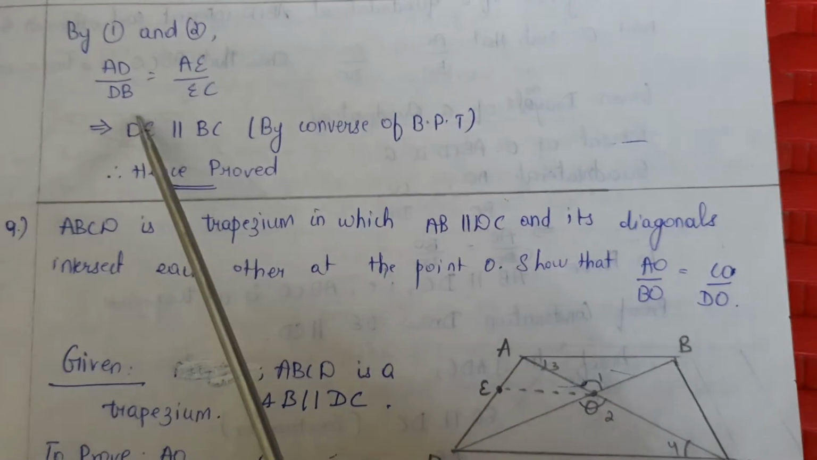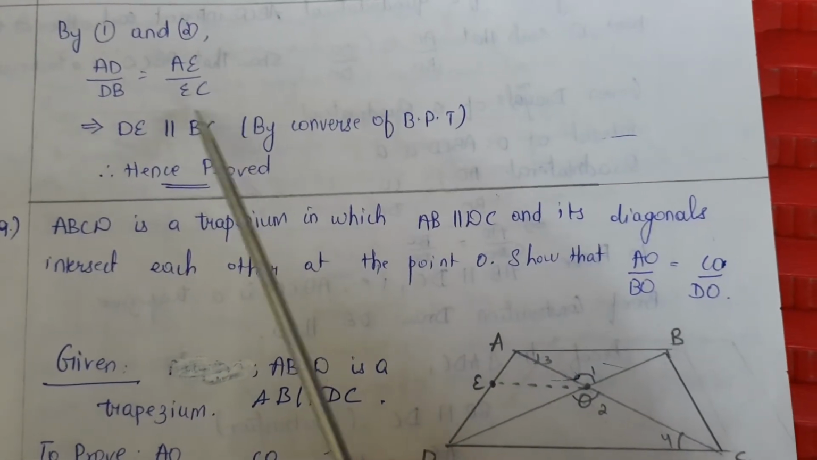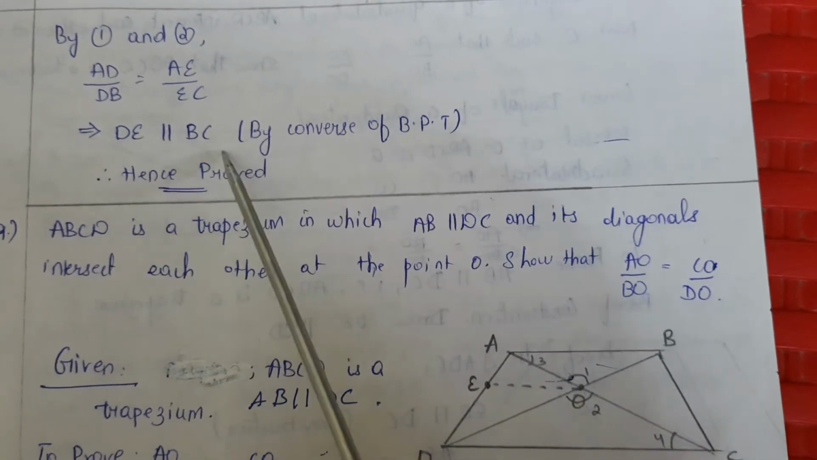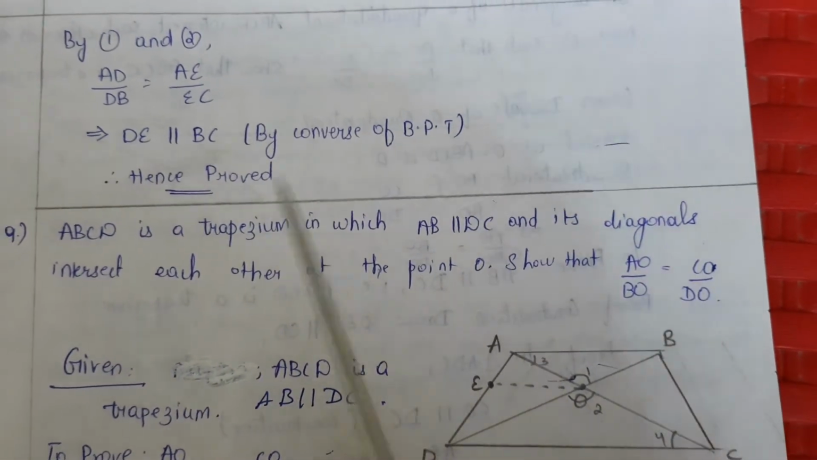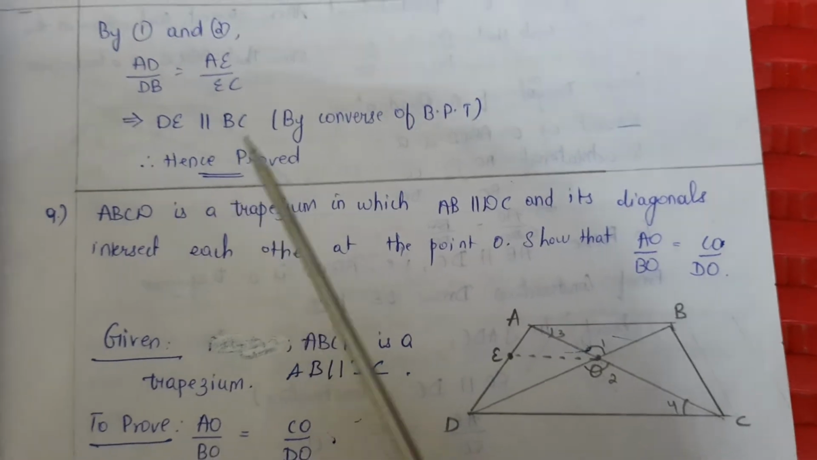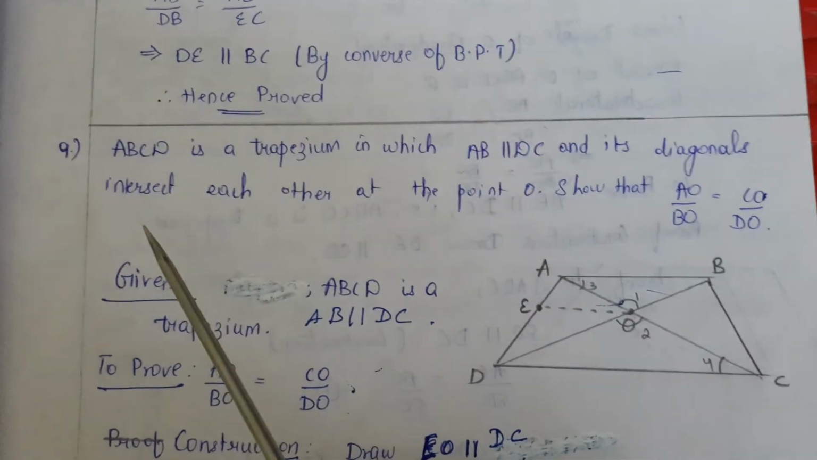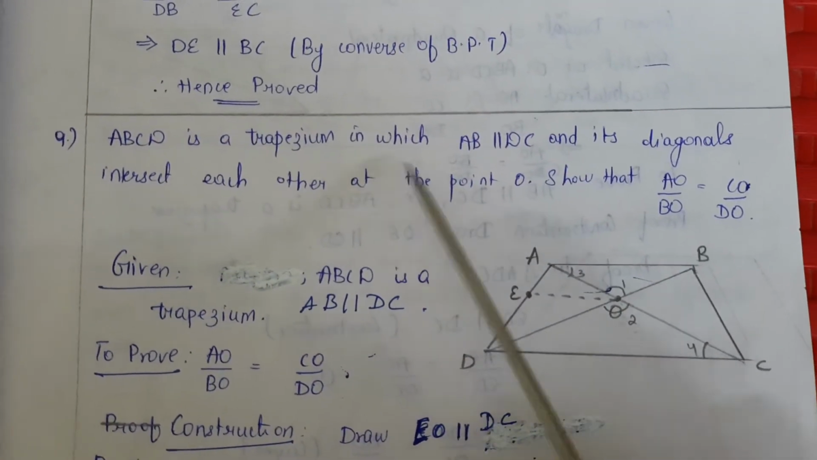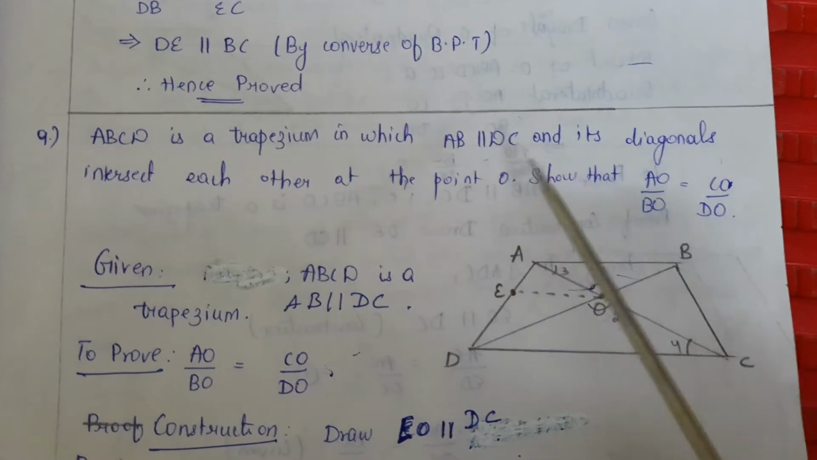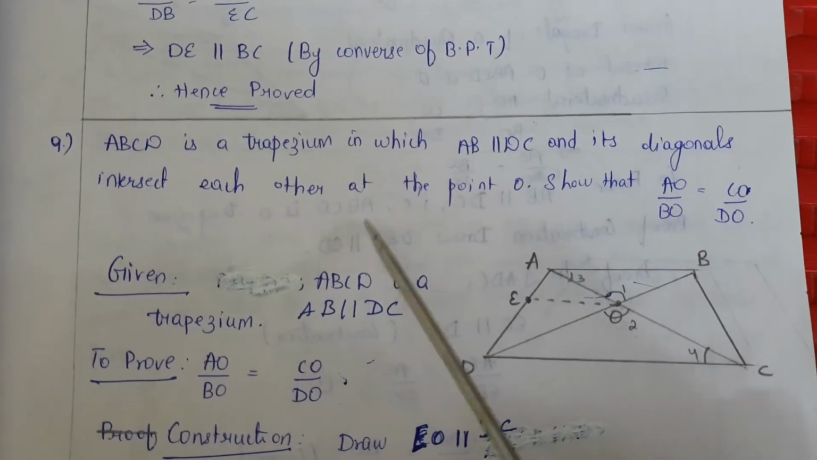Now from 1 and 2 we get AD by BD is equal to AE by EC. That implies DE is parallel to BC by converse of BPT. So we have proved the statement. The next question is the 9th one. ABCD is a trapezium in which AB is parallel to DC and its diagonals intersect each other at the point